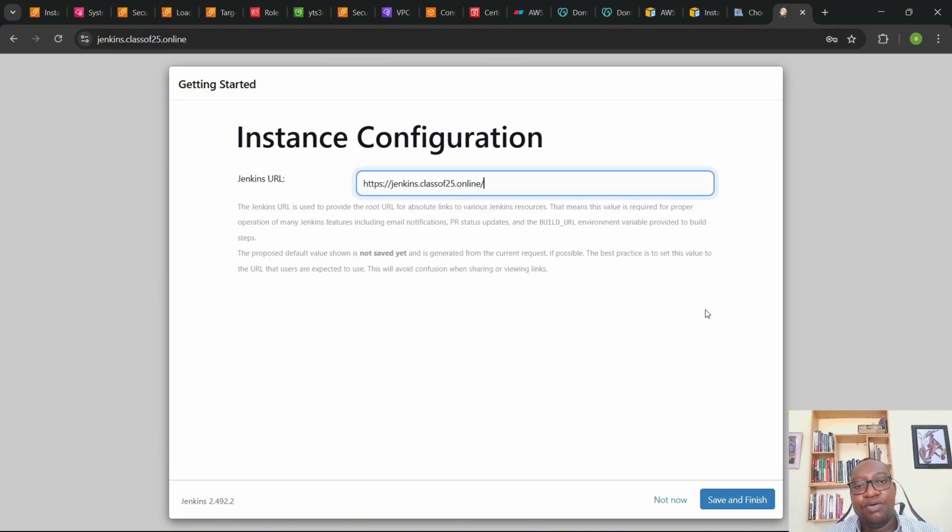All right, so now the Jenkins server is accessible from this URL. So now I don't have to worry about changing the IP address of my Jenkins server every now and then, right? Because now I'm using a domain name. All right, so the IP address and all of that is managed behind the scenes. So I don't have to worry about that. Anytime I want to access my Jenkins server, I just go to jenkins.class of25.online,